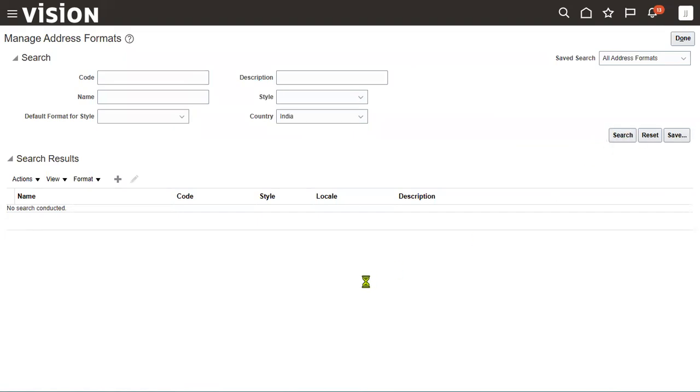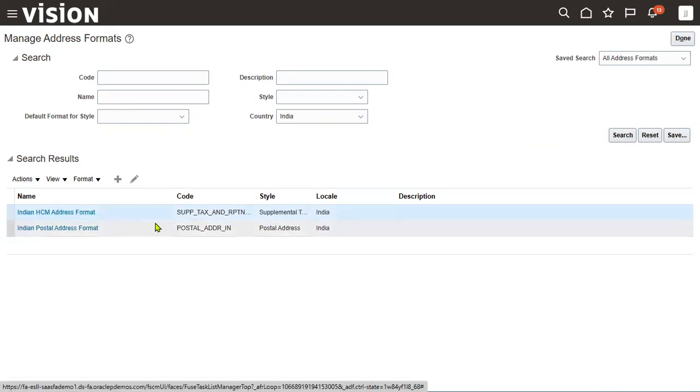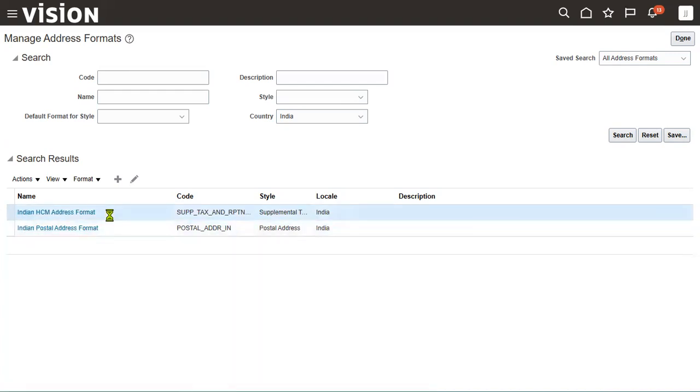Click the search button. This is the HCM address format. This is the postal address format. When we go for the HCM address format,